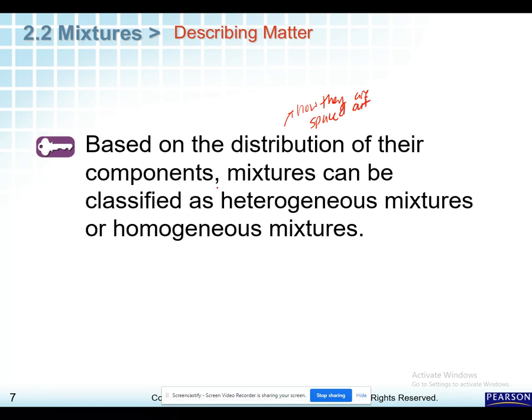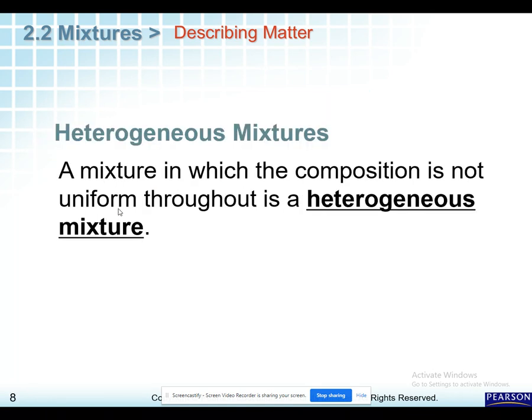One way you can classify them as a heterogeneous mixture, and the second way as a homogeneous mixture. So let's talk about each one of these one by one. The first one we're going to talk about is heterogeneous mixture. This is a mixture in which the composition is not uniform throughout. So I like to say that you can see the different